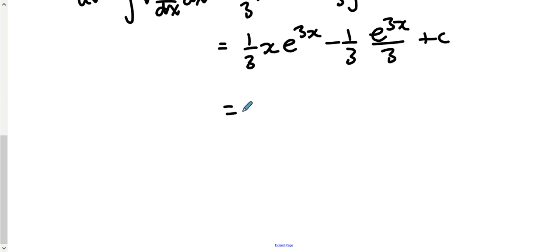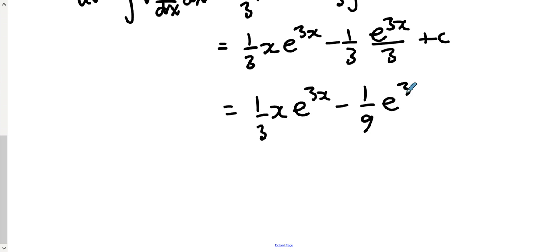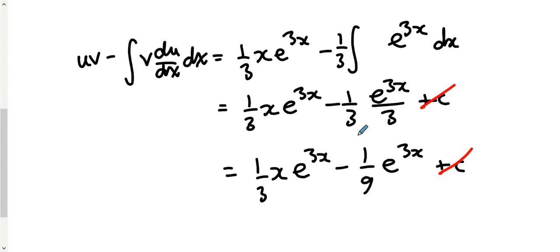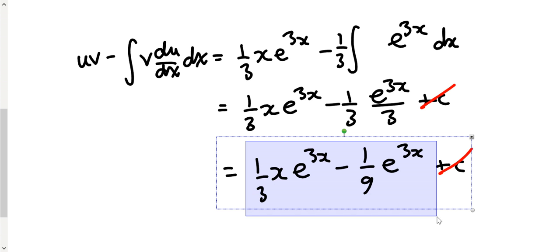And now I'm going to tidy that up a bit. 1/3 of x e to the 3x minus 1/9 of e to the 3x plus a constant. Now, I'm actually going to skip the constant here, because this is a sub-calculation, and I'm going to substitute this back into the other problem on the previous page, the bigger problem, and I'm going to put a plus c at the end of that, so I don't really need the plus c at this stage. So let me just copy this back in